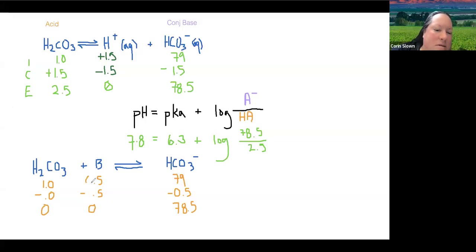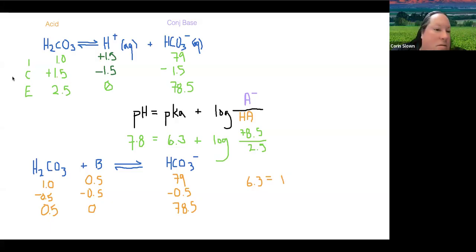So we get 0, 0.5, and then this becomes 0.5. This becomes 0.5. Okay. So here now, we can still do this calculation. So 6.3 is equal to,